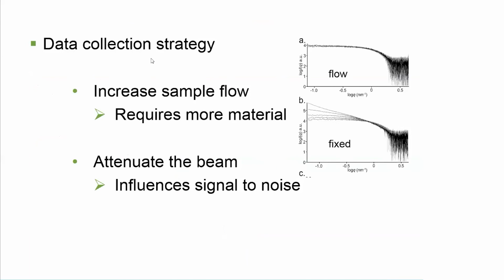What we've mentioned previously is that to reduce this radiation damage, what we normally do in batch mode is flow the sample. Here's the same example I just showed, which was measured in fixed load. We load the sample into the capillary, turn on the X-rays and collect the frames one after each other, and that's where we see these strong changes. If we flow the sample while we're measuring, we're removing the irradiated volume and measuring fresh volume. So that's normally a good way to get the curves how we want to have them.